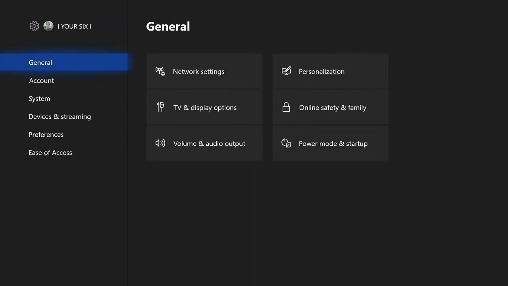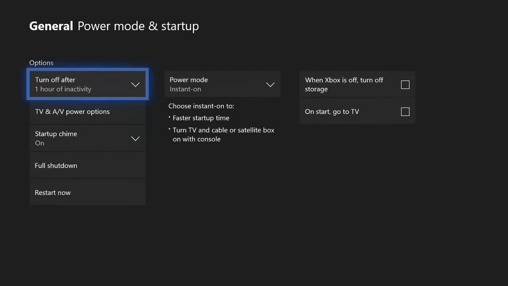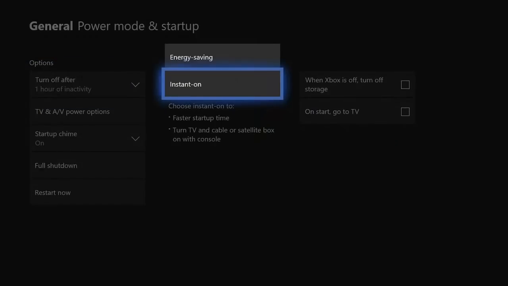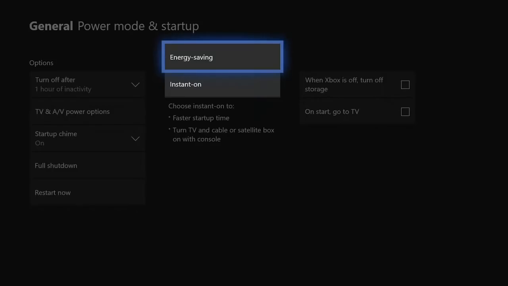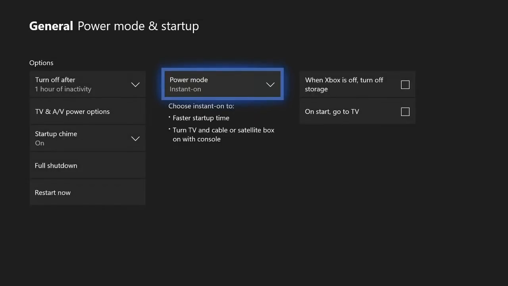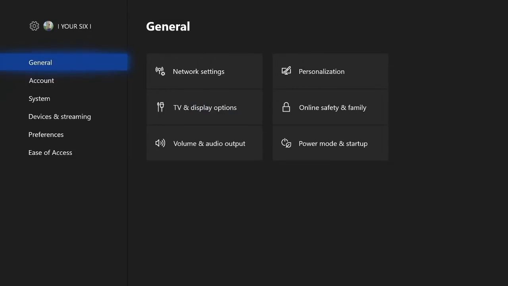Then go back up to the General tab. Go over to Power Mode and Startup. Then go to Power Mode and switch from energy saving to instant on. Once it's on instant on, let's go back to the General tab, then go over to Network Settings, scroll to